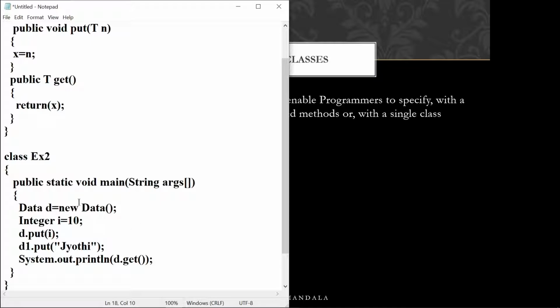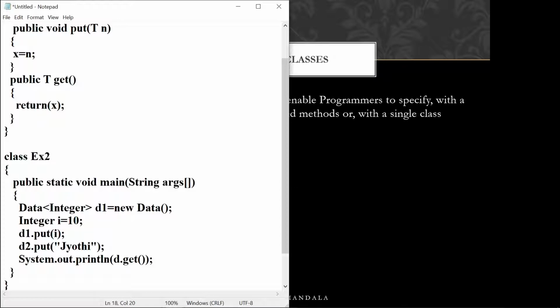Here I have created, let us call this D1, and this is D2. I will create one more object D2 also. But before that, whenever you are creating an object of D1 of Data type, if it is passing an integer type, then after the class name you need to mention your object class, whatever type it is.